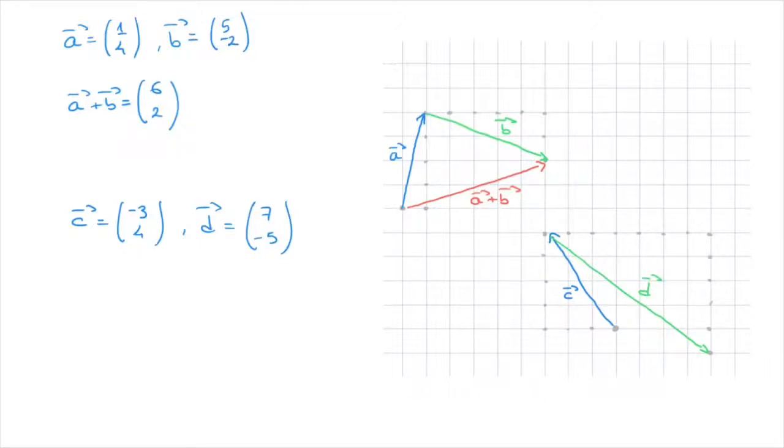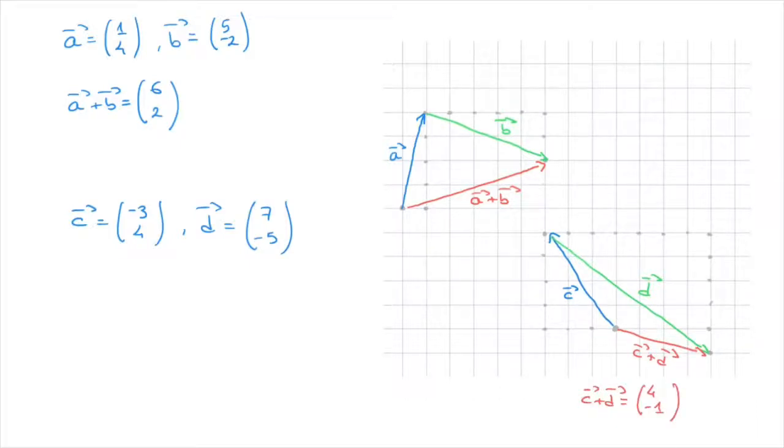Finally, we can draw the vector C plus D by joining the tail of vector C to the head of vector D, and that's this red vector that I'm drawing now. And I'll label it C plus D. And in fact, we can easily find this vector's components. Indeed, to get from the tail to the head of this red vector, we need to move 1, 2, 3, 4 units to the right and 1 unit downwards, which tells us that vector C plus D has components 4, negative 1,